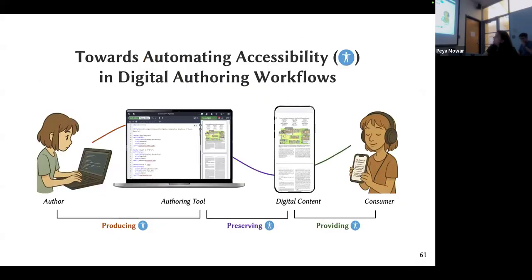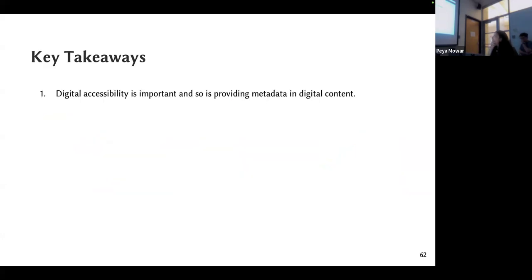Yeah, so this was my master's thesis. I built two tools. One was for producing accessibility metadata in websites. The other was for preserving that metadata in the rendered content. And the key takeaways of this talk are, I think all of us care about accessibility. That's why we're here. So digital accessibility is extremely important. And in order to achieve it, we need to provide the required metadata in digital content.